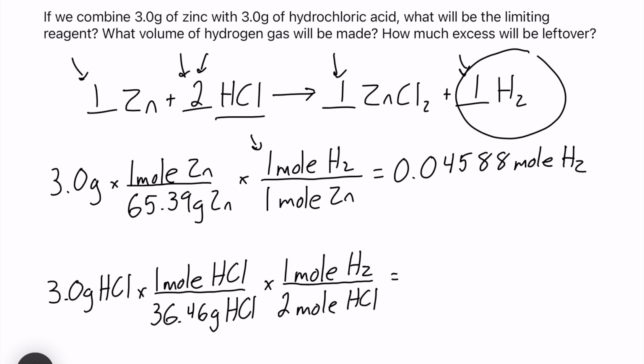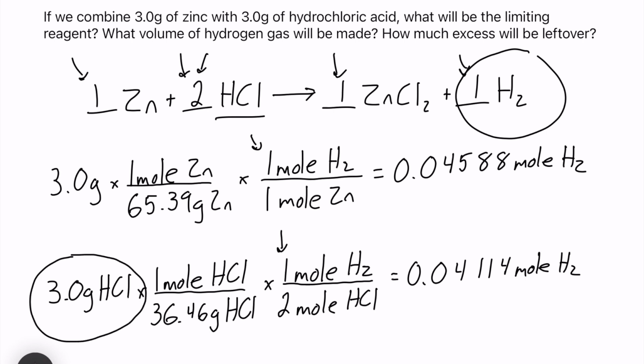We have 3 grams divided by 36.46, and that's divided by 2 because we have that 1/2 ratio in our mole to mole step. So we have 0.04114 moles of H2 produced from 3 grams of HCl. So because the 3 grams of HCl created less H2, we're going to say that 3 grams of hydrochloric acid